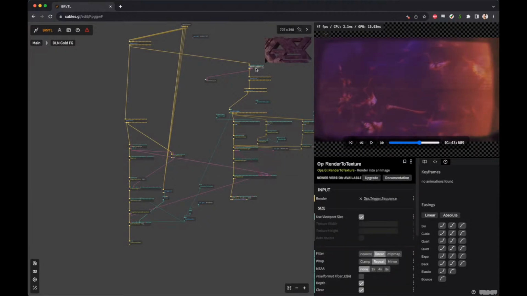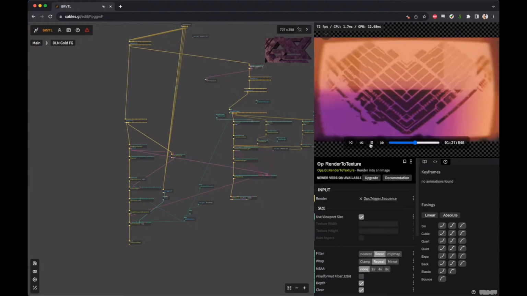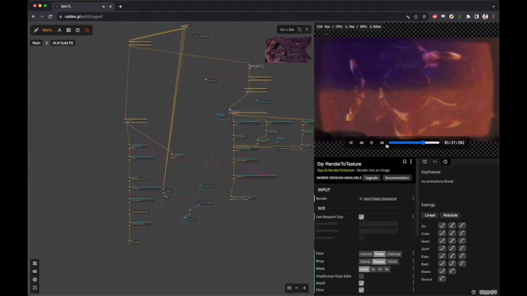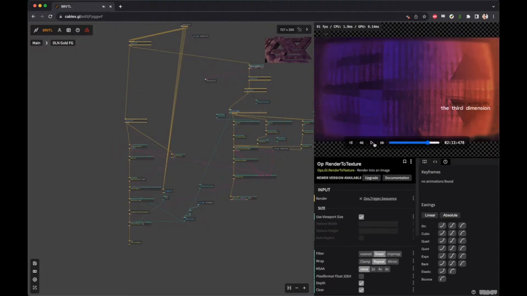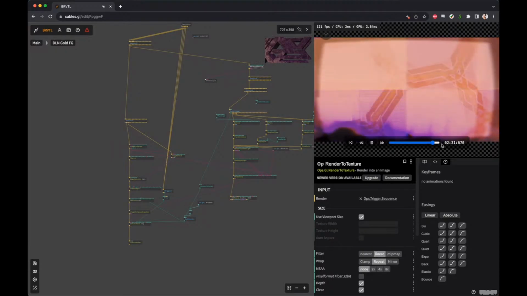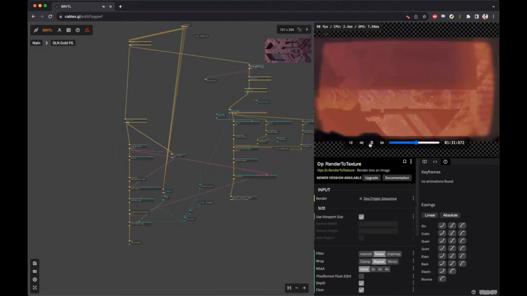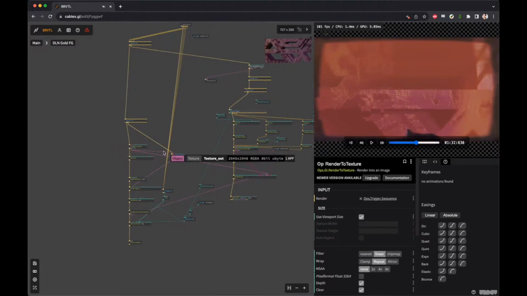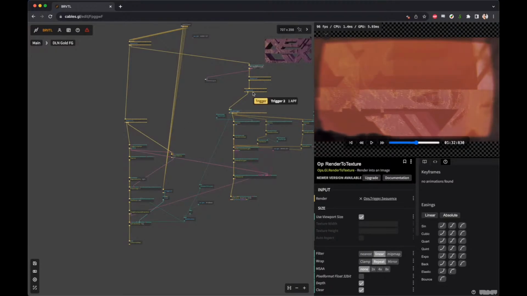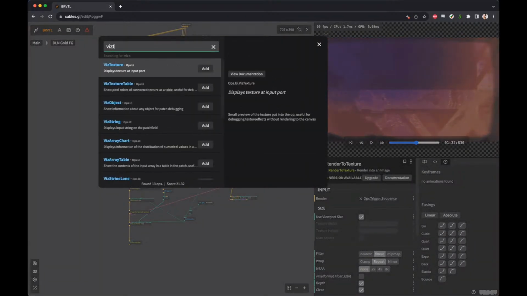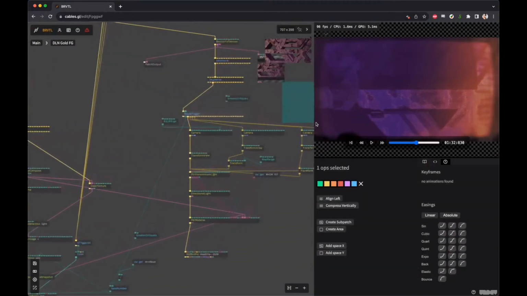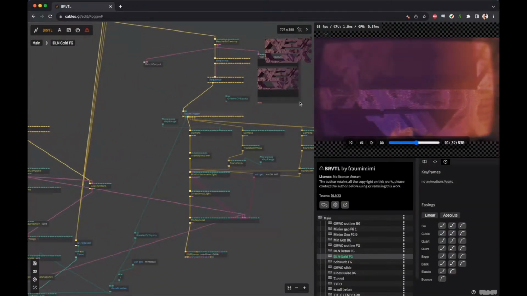So in this one, we have the deadline logo. Let me skip to the part. So we have the deadline logo that Moog actually made, and I really wanted to incorporate that, but find some new way to style it. It's a really trippy effect that I like to use,